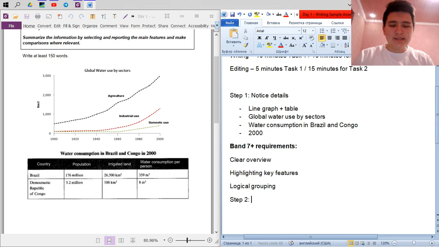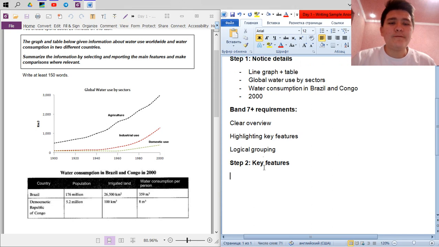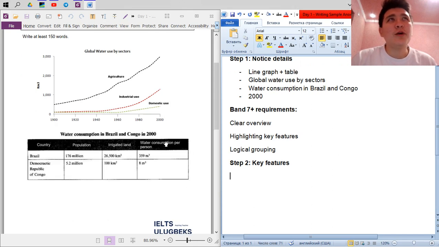All right. Now, without any further ado, let's jump into step two. Step two is key features, identifying the key features. Now, again, a lot of people don't understand, like I said, what key features are. Let me already clear it up for you. So, how do I put this? It's kind of hard to explain as well. So, a key feature